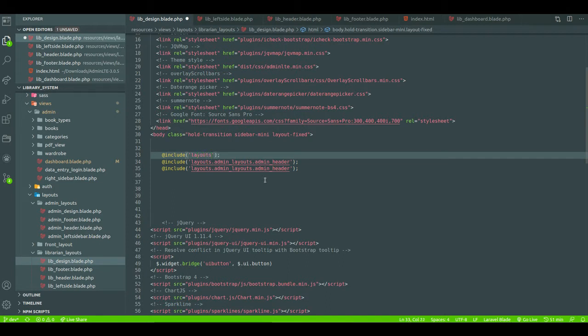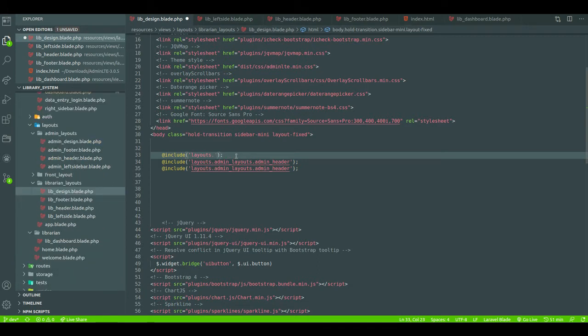first layouts dot admin, then librarian layouts.